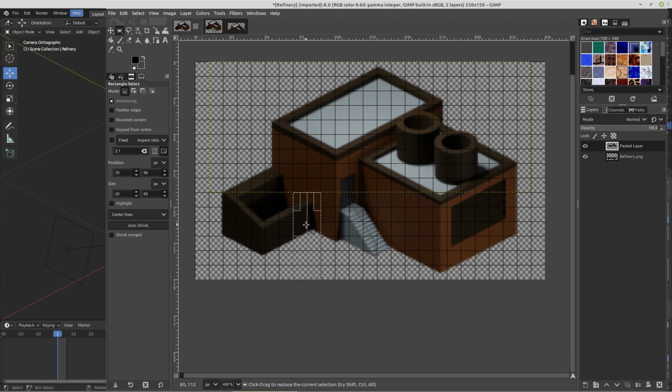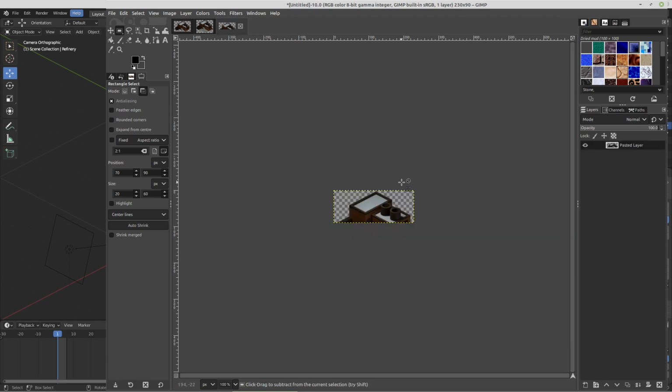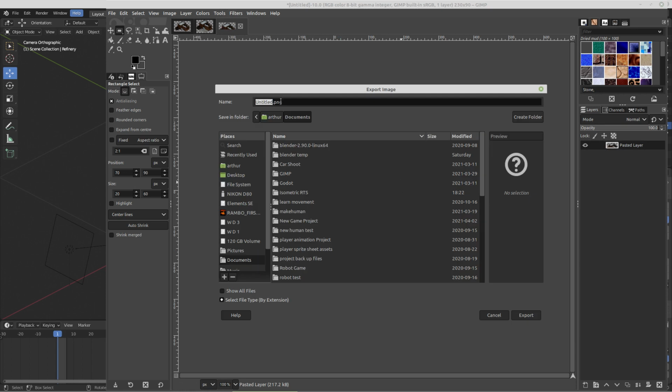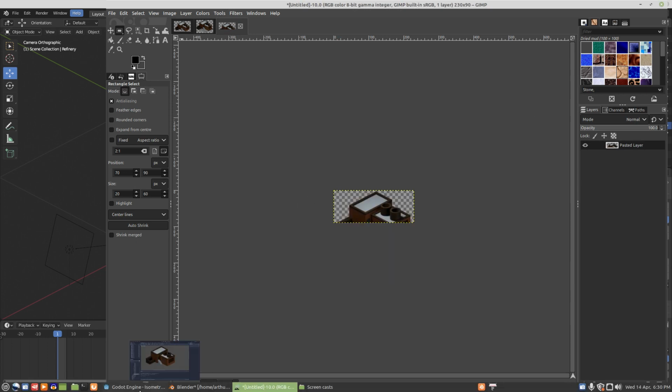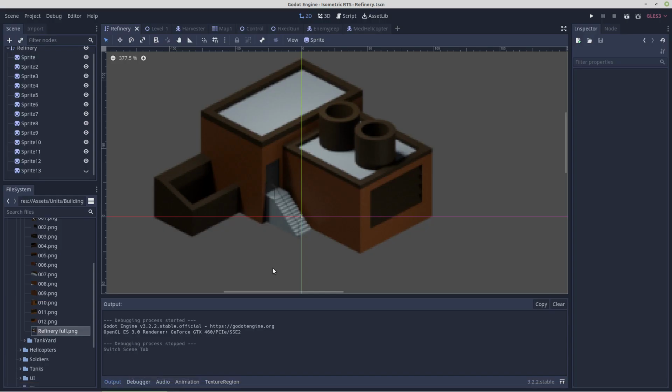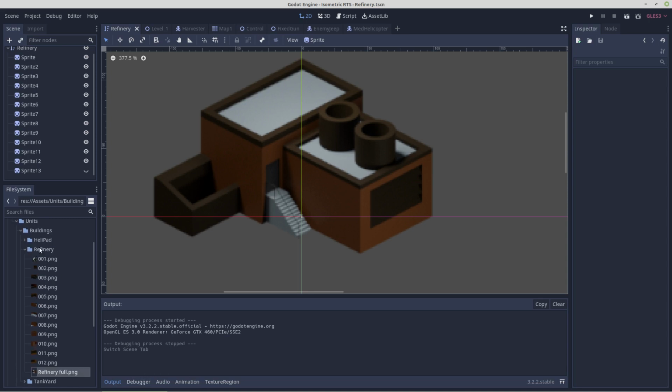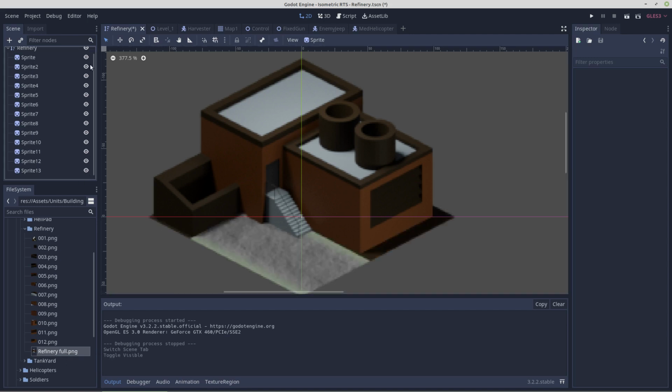So each of those is copied into an image, exported with a number, and loaded into a folder that I call refinery for this building, and to end up at the 12 images required for the building, and then the full refinery, which is the image used to